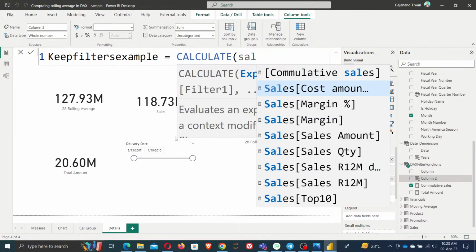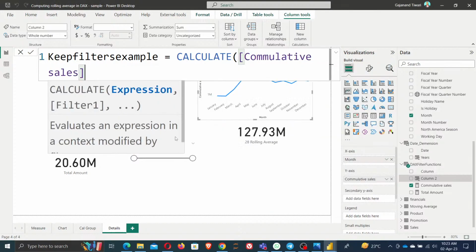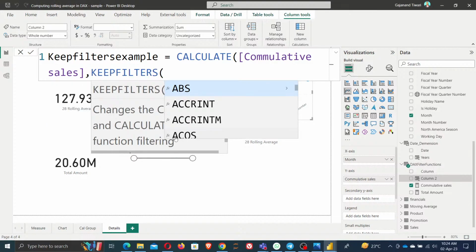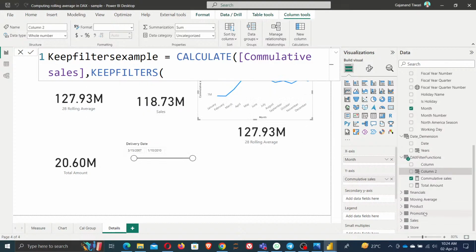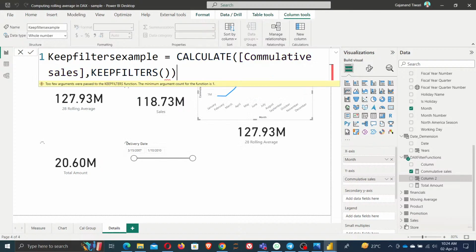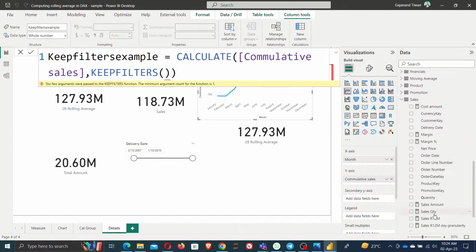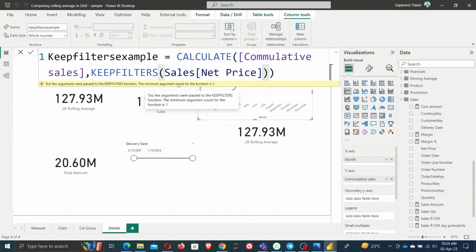CALCULATE cumulative sales, okay, I'm just giving an example, and then KEEPFILTERS. KEEPFILTERS, the net price is greater than 0,